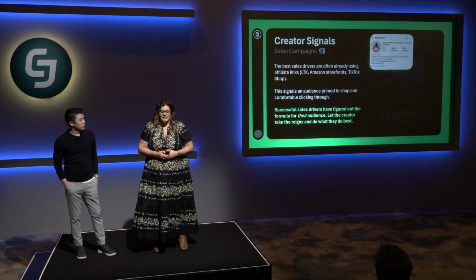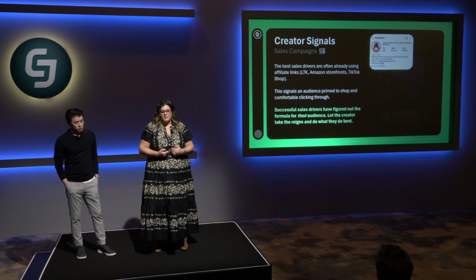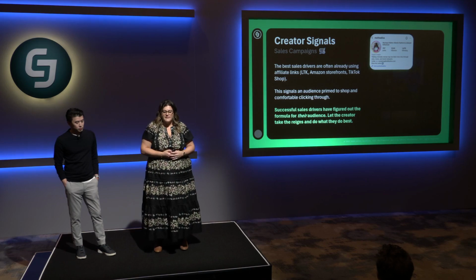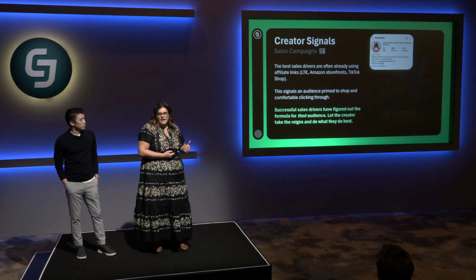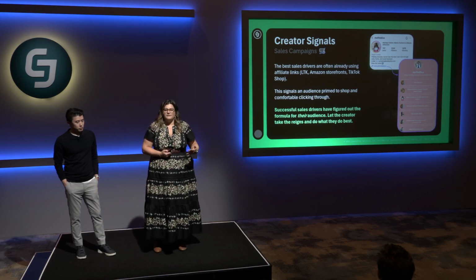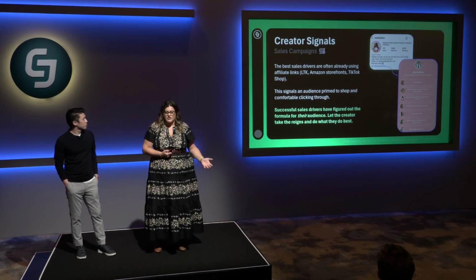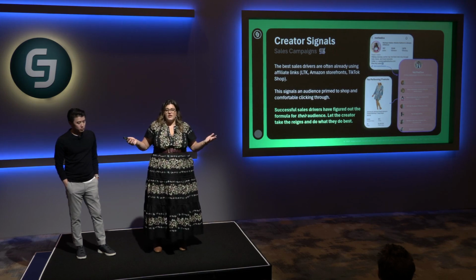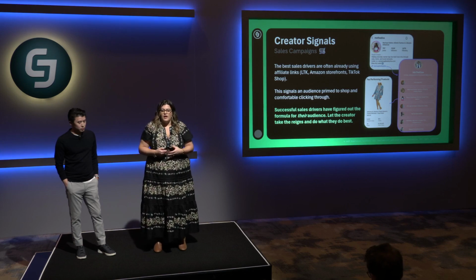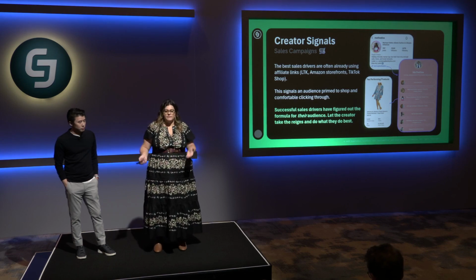So we can take this creator, for example. She's got kind of a mid-tier following. She's a fashion influencer. Right away, we can see she's got Shop My Looks in her bio. That's a good signal. If we go to her Linktree, she's got multiple different affiliate programs and storefronts that she's promoting on a regular basis. And then, if she's in our network, we can actually see if she's driven performance or not. And that can really help us determine if we can expect similar results when applied to someone else.